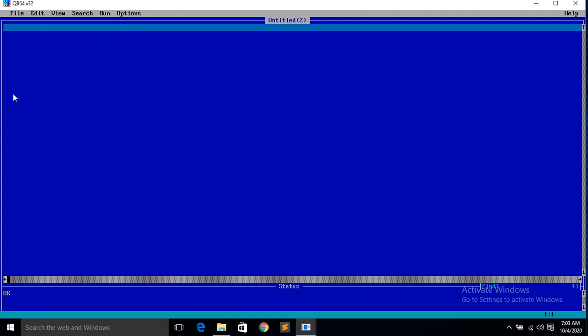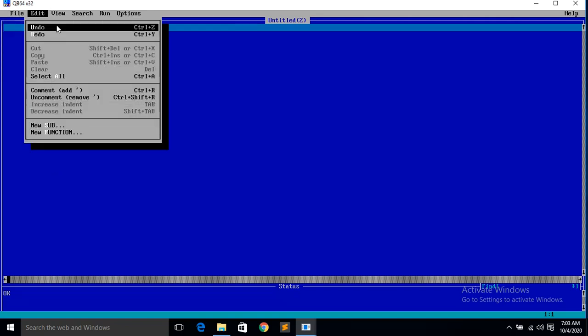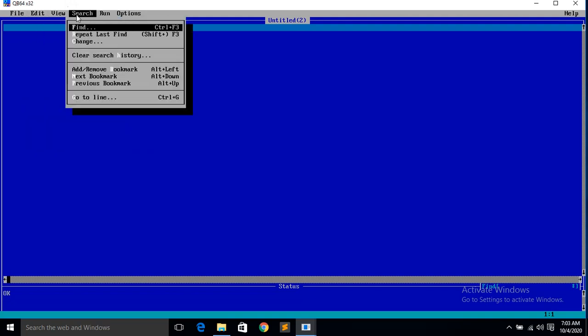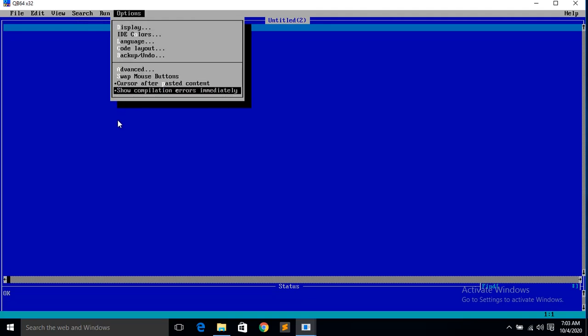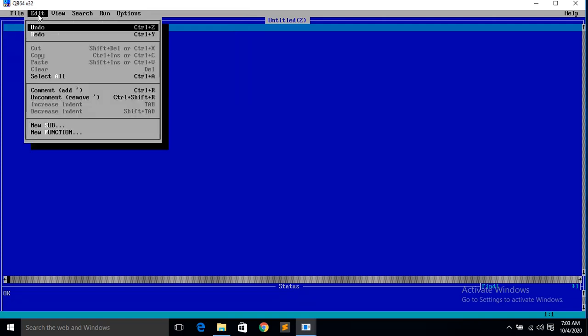Nothing to worry. After that you can see them one by one. Let us see according to your book. Let us go. In File, the options are New, Open, Save, Save As, Exit. Then Edit, here are some options. Then View, then Search, then how to run the program, then some options. These are the menus, and inside the main menus are sub menus. Like that you can see the uses. Now let me go to page number 95.